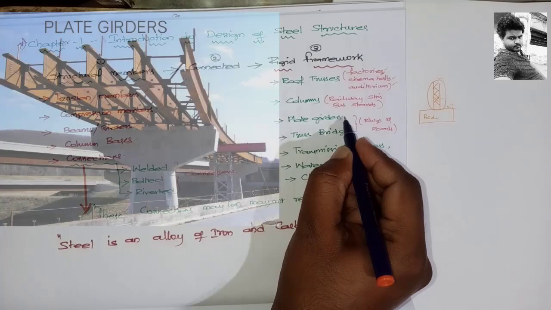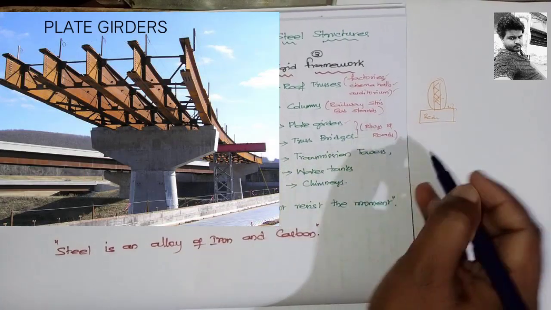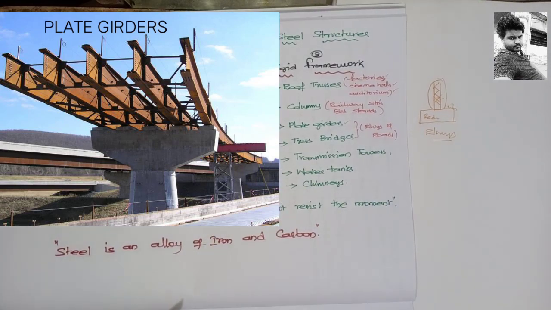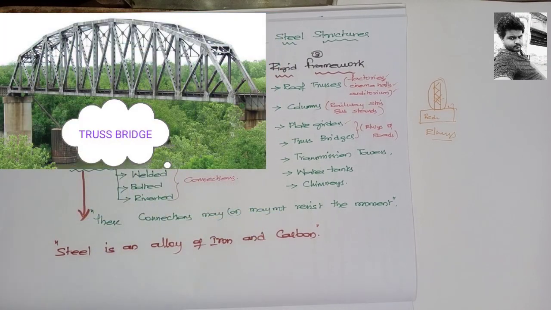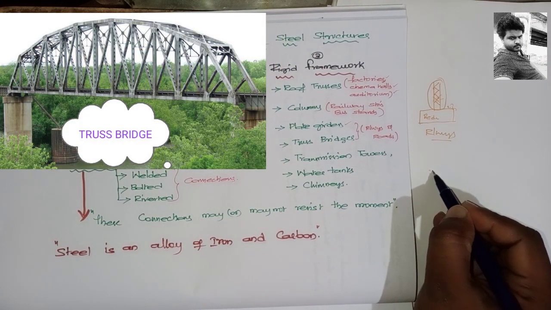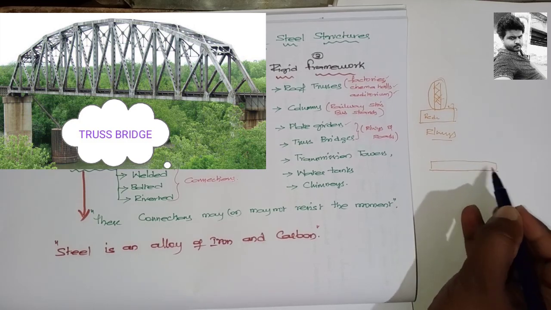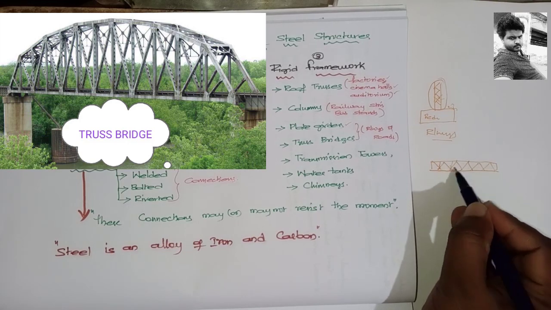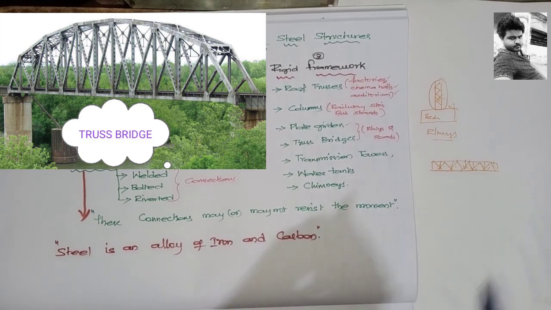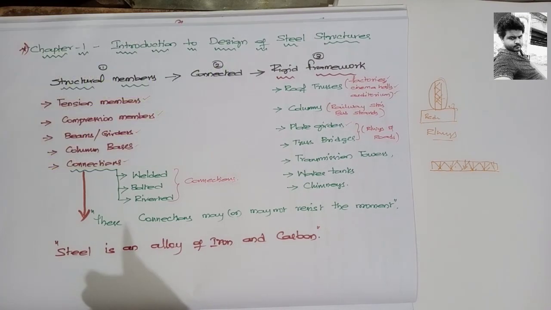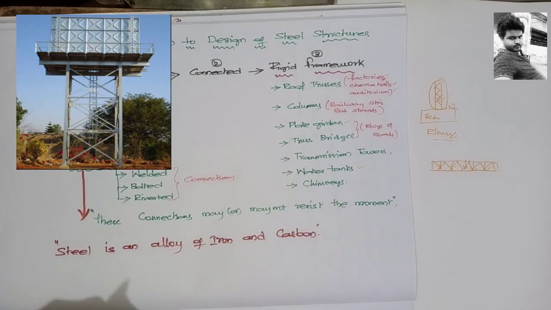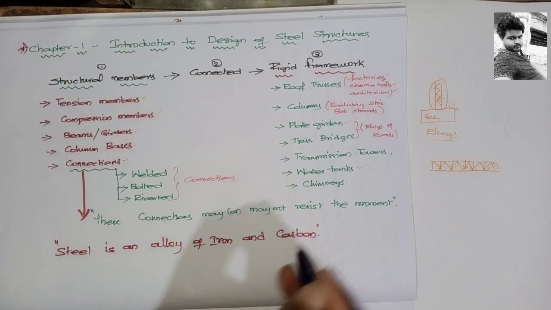Right? Next, coming to the plate girders, you can see them in railway bridges and roads. And truss bridges. Truss bridges means just like this, you will have side walls. These are not only side walls, these will be taking the loads, the tensile loads will be developed. Generally, the same applies to suspension bridges. And water tanks. Water tanks were also made of steel in earlier days. Nowadays we are using RCC elements.